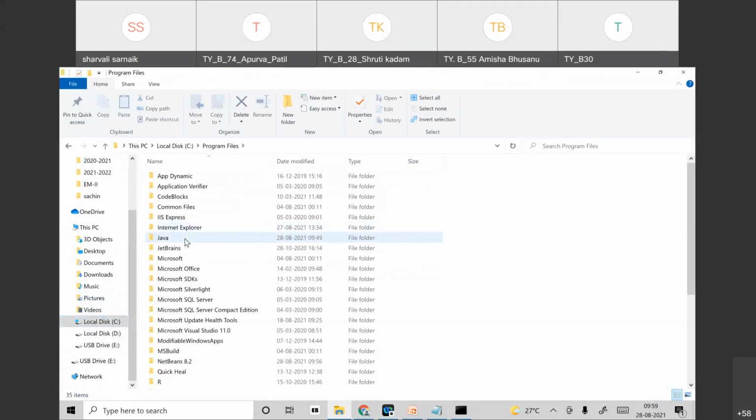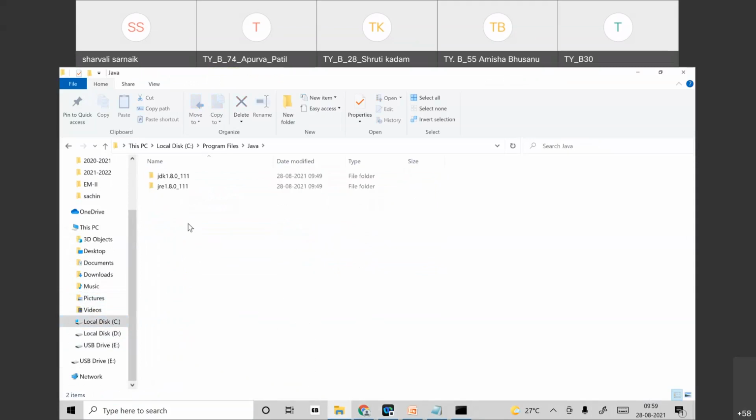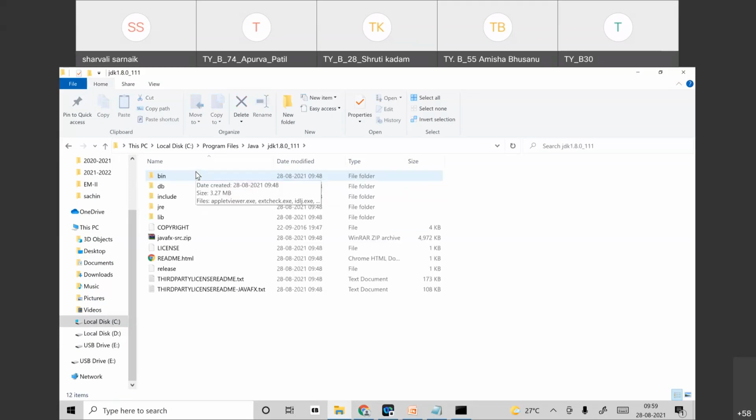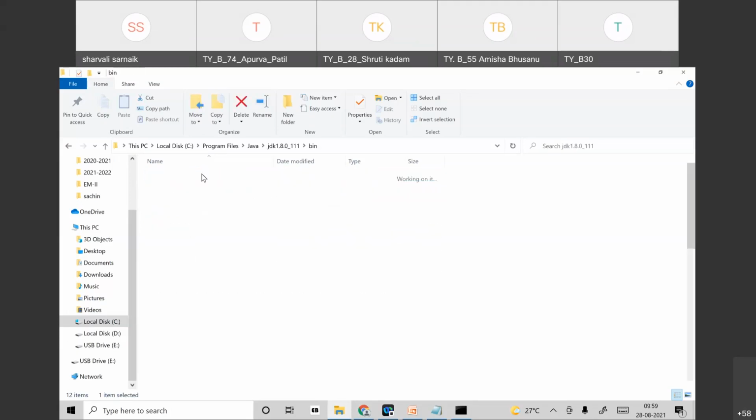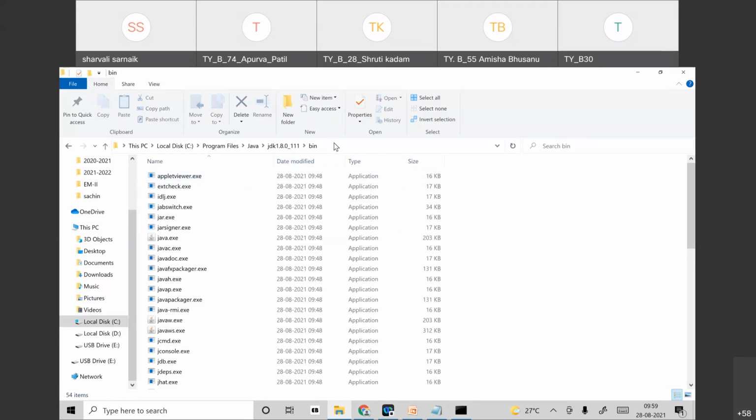In that, go to the Java folder. In that, the first setup, JDK 1.8, click here. Go in the bin folder and now copy the URL of this. So I'm copying the path of this. See, I have copied this path.